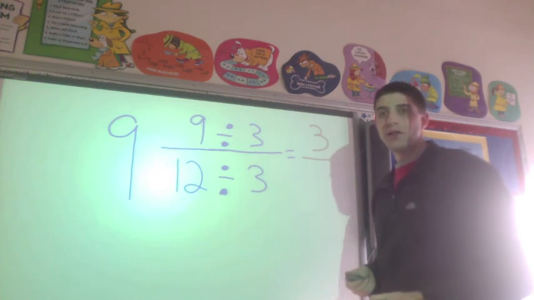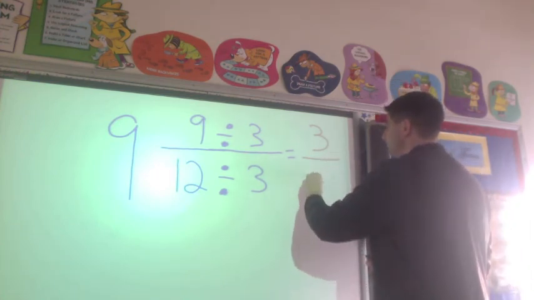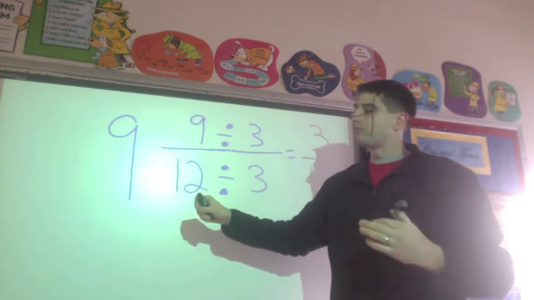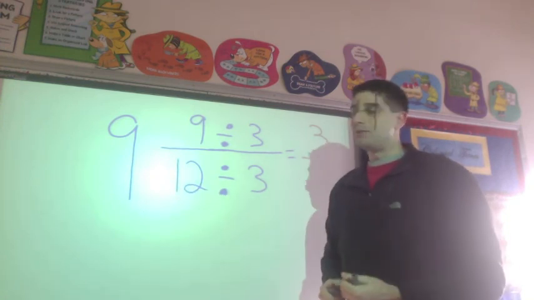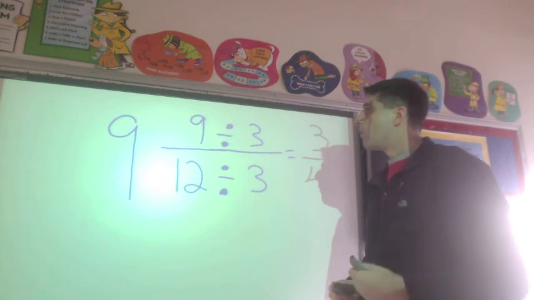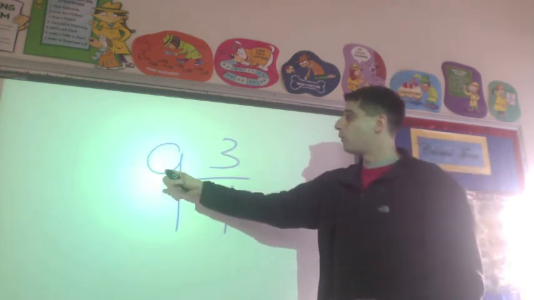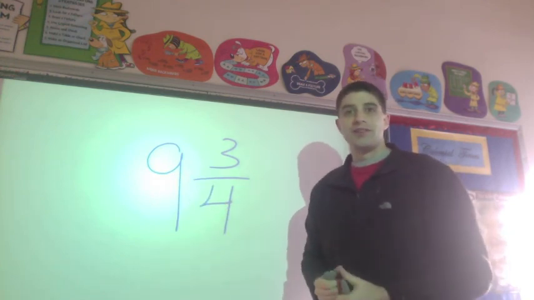And 12 divided by 3 is, you guessed it, 4. Remember, my whole number at this time, 9, just stays there. We don't do anything to it. When we get to our final answer, when we write that down, we include our whole number, and our final answer is 9